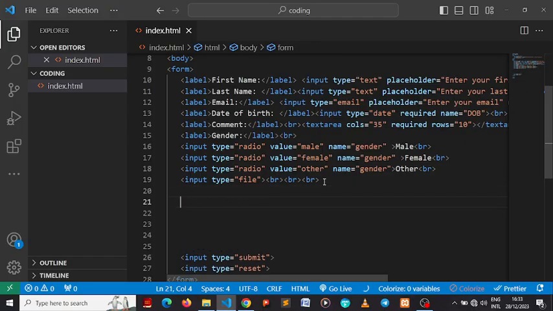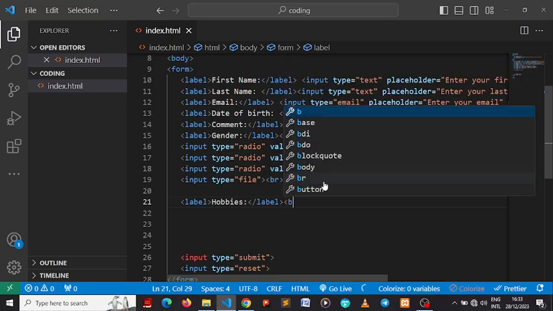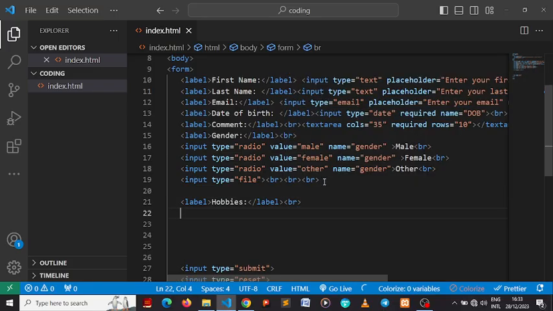So in this case, I can just do a label. Let me say hobbies, or select your hobbies as the case may be. And let me add a BR tag here, just like I did for gender, because I want it to be on a new line and as clean as possible so that we can see what is happening. Alright, so I will start with the input,